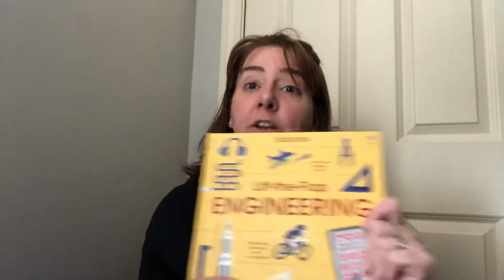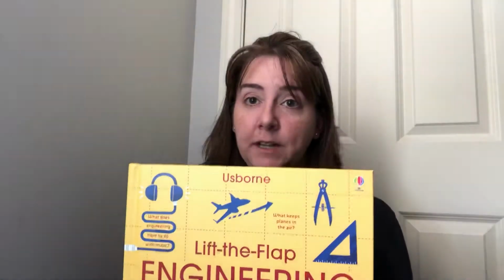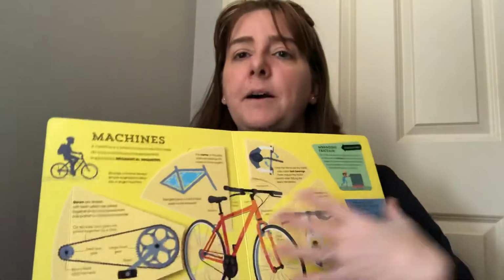So as I mentioned yesterday, today I wanted to talk quickly about one more of our Lift the Flap books. This one is the Lift the Flap engineering book. This book's also $14.99 and it's great for kids about 7 and up. And just like yesterday, it has lots of full-size, colorful pages with lots of little flaps to discover on all